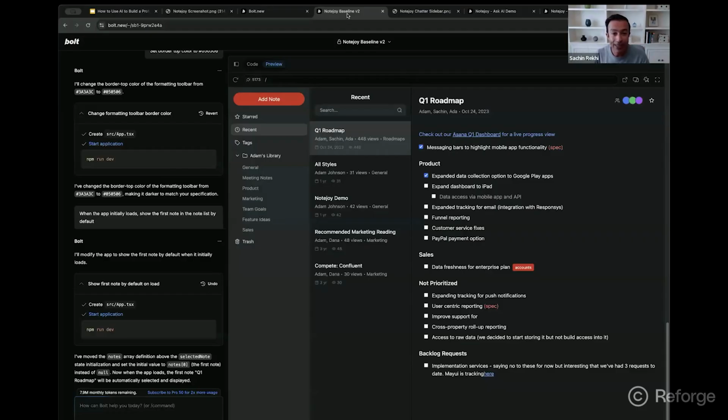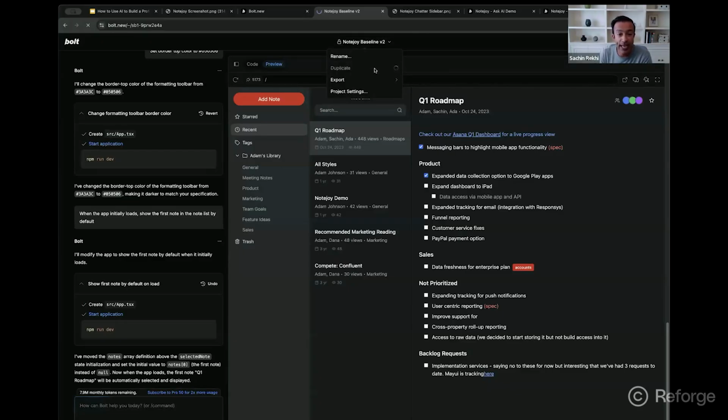Now, here's the beauty. Now that I have this, this can be saved and used by everyone on the team. So no other PM has to go through this process. You can actually just start now designing features on top of this by using this baseline. And the way that works is you just name this project. And when you're ready to create a new feature on top of it, you just say duplicate. So we're going to do that here.